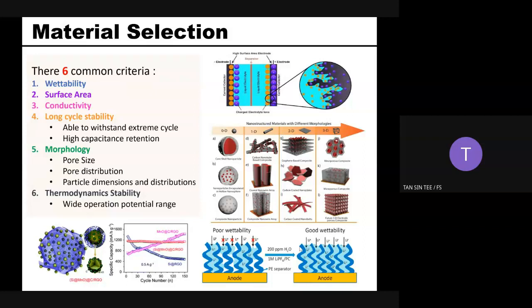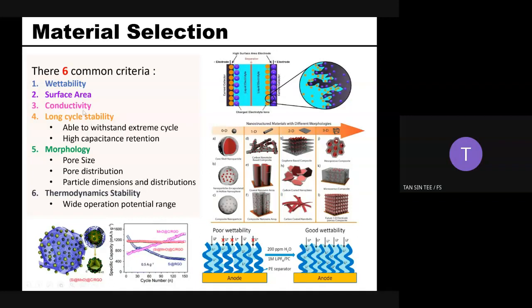So basically, we want to have a little bit of hydrophobicity. Okay, so some of the bottom results are showing you some of the material with poor wettability and good wettability. Battery-like or supercapacitor-like devices are more preferred to have good wettability, in terms of hydrophilicity, because all your electrolyte is dissolved inside the water medium. So good wettability or hydrophilicity can improve the interface contact between your electrolyte and your active material. Thus, it can provide a better surface for the charge transfer rate.